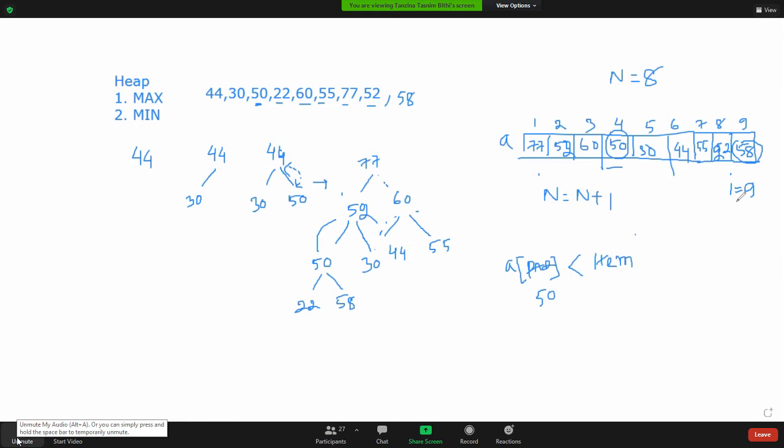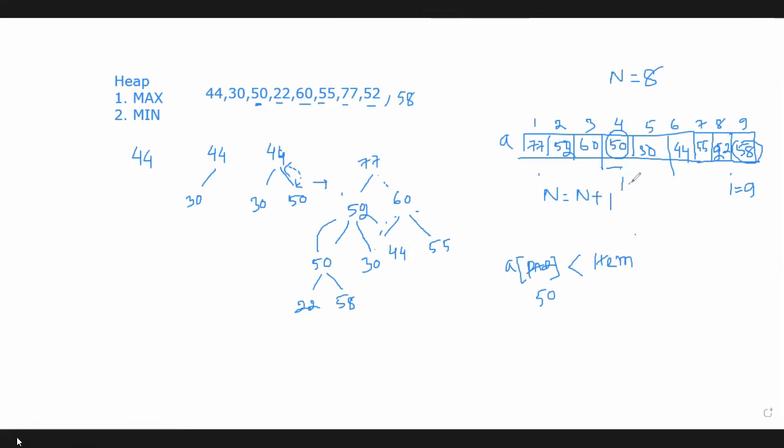Look at this. When I equals 9, how did we find the parent node? By dividing it by 2. And then the pointer value was 4. Here, the pointer value is 4, I equals 4. This is the parent node. Now we are comparing that parent node with the item. So 50 is less than 58, which means that these two nodes should change their position.